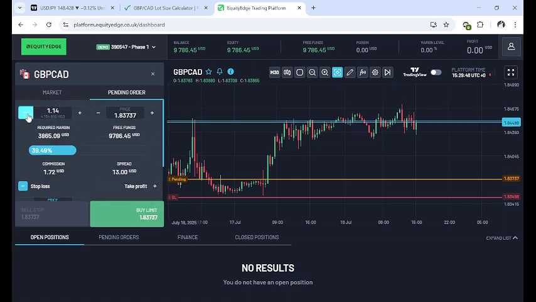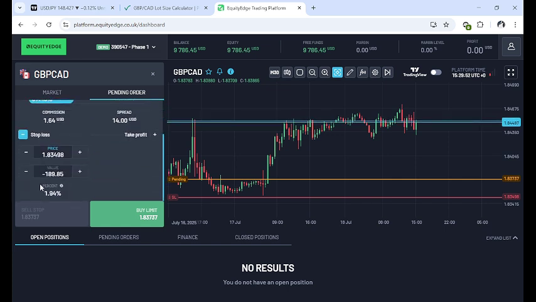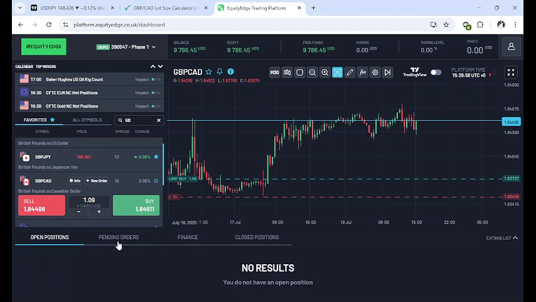No, that is too much. 2% is too much. 193. If I remove 189, that is fine with me. I place buy limit. That is it. So you can see that is how I've placed. And then I